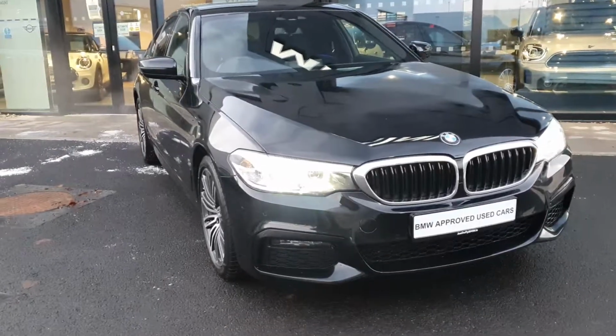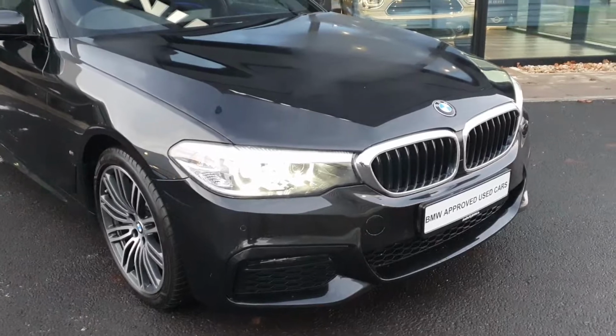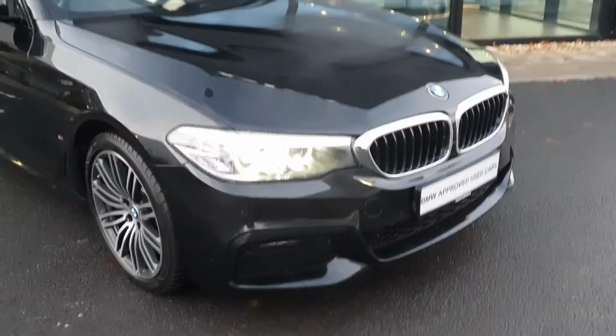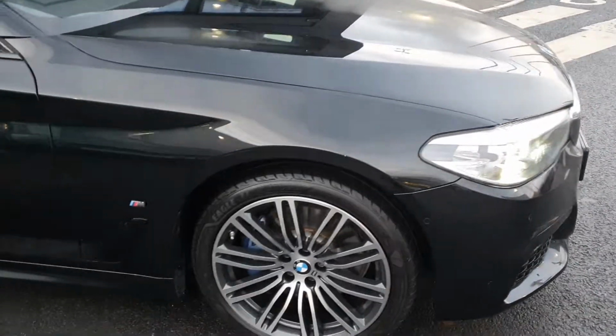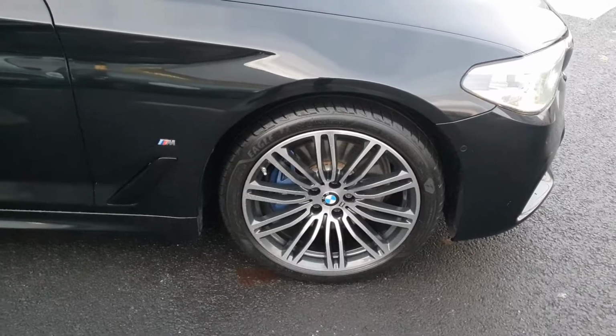This comes in a jet black metallic paint finish with the iconic BMW kidney grille up front with the silver trim, the front parking sensors, the M Sport front bumper, the front LED headlights. Coming around to the side, you have the BMW spoked alloys on run flat tyres, the M Sport badging,